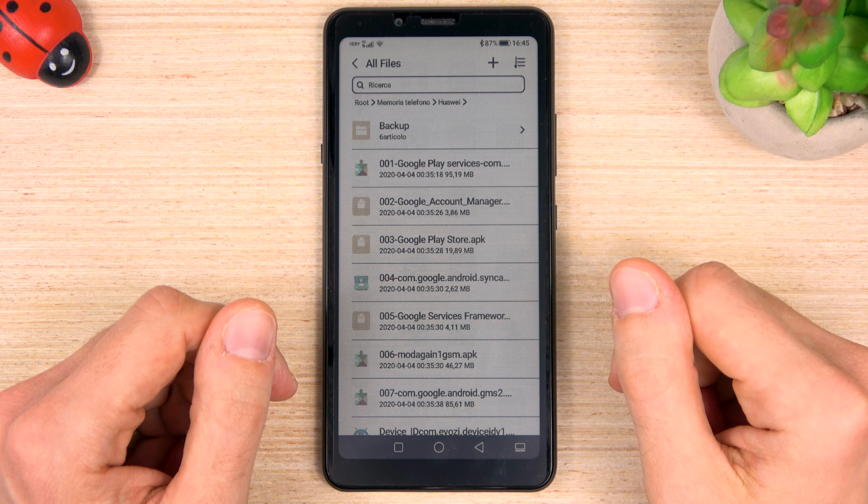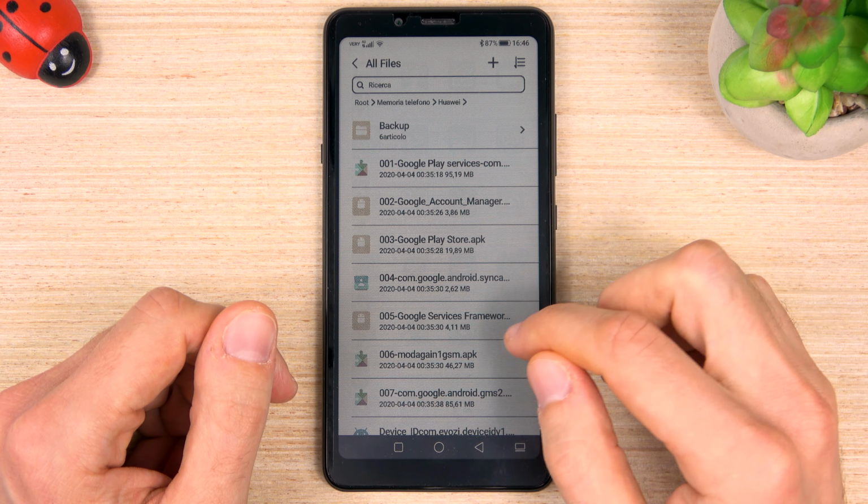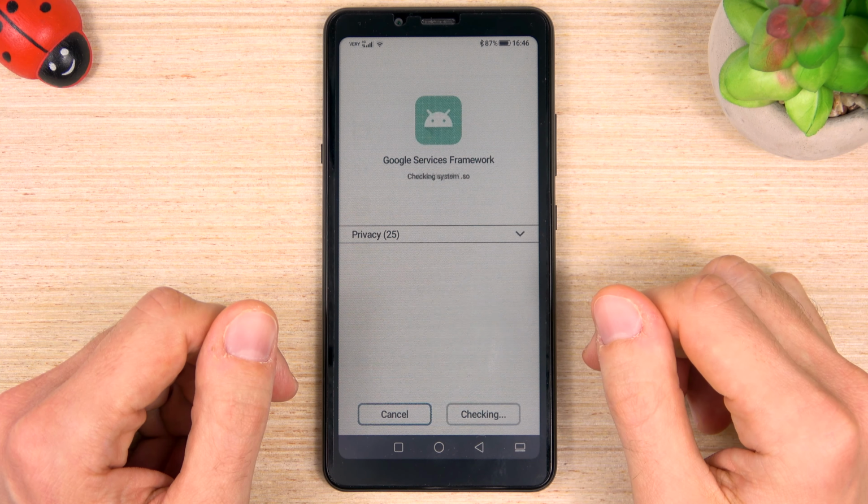Now let's go back to the folder we have extracted and we can continue to install the remaining APK files.